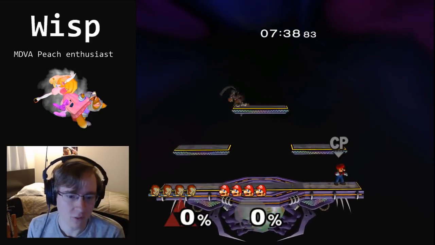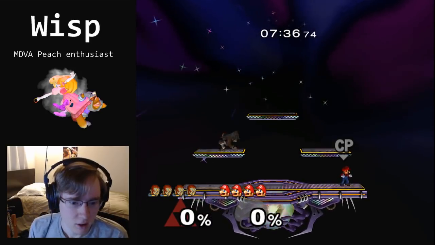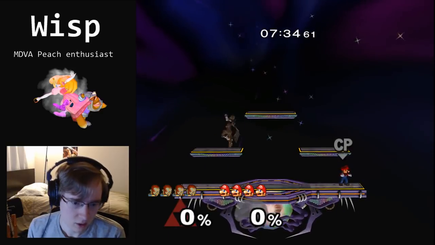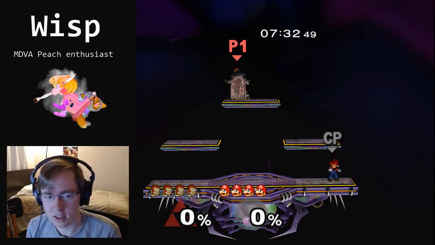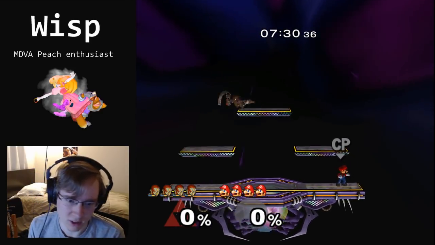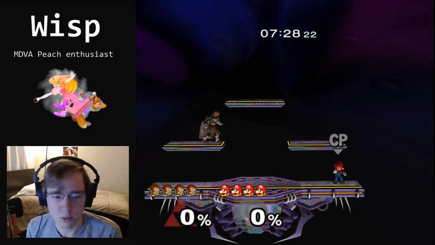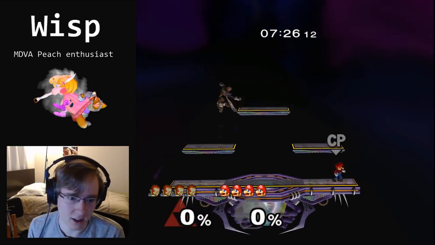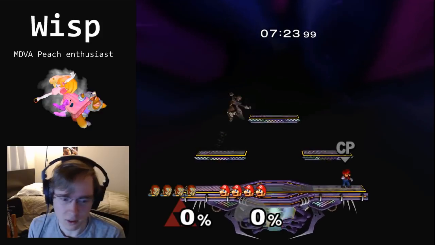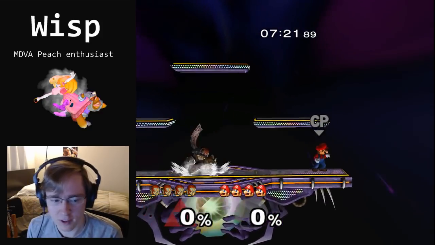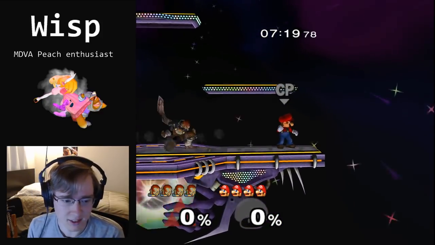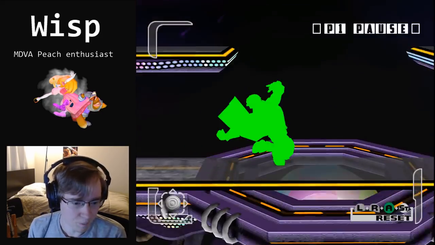But if we go high enough, you can see. So the auto cancel at the end of Ganon's Fair doesn't seem to be too useful because it's hard to land during it. So a move that is more useful is Ganon's back air, and you can see that the green at the end pops up really fast. So you can do this, and you can see